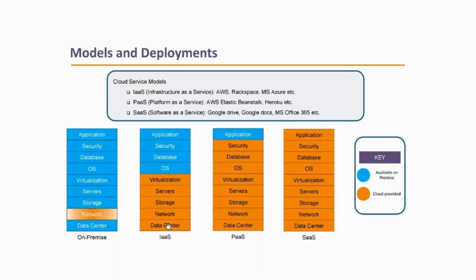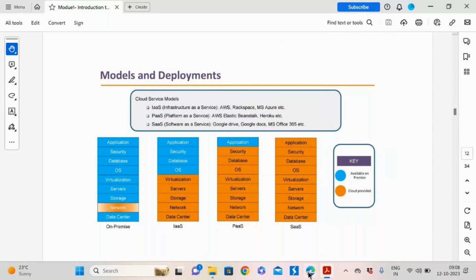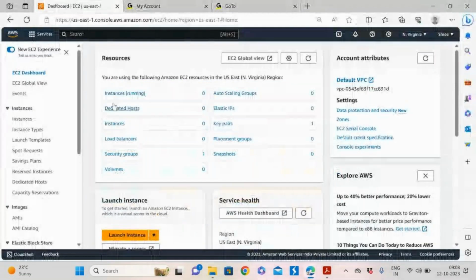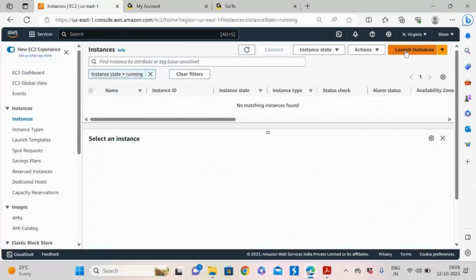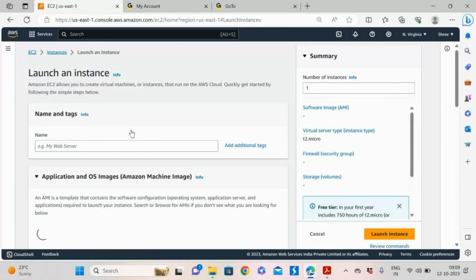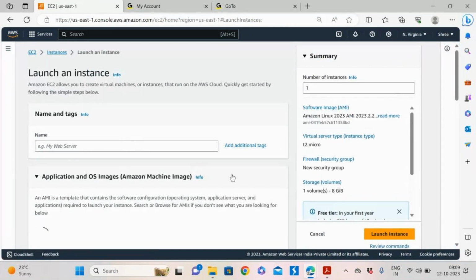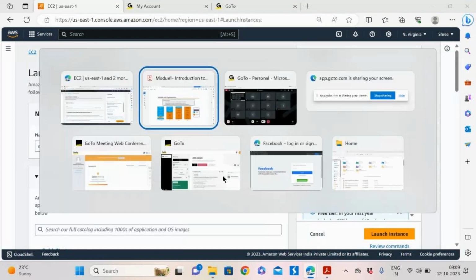In the data center, the cloud provider only will have their own data center, and they will take care of the network, storage, servers, virtualization, everything. We simply get into the account, the AWS Management Console, and start from here, right? If I click launch instance, it will simply start creating an instance for us. That's it.